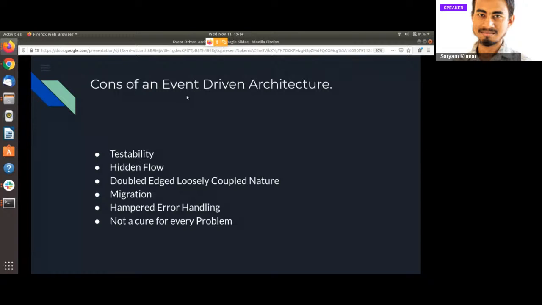Another point is error handling in event driven architectures. As we have discussed, there can be many services which are acting in coordination with each other, but they are not directly interacting with each other. Instead, they are interacting via some form of message broker. So suppose there is some issue in one of our services and it is not a major issue and it is not giving us an error either, so think of it as some sort of logical error. That logical error will continue.